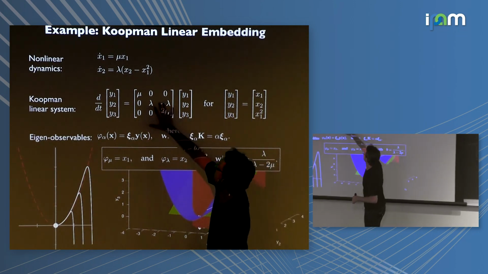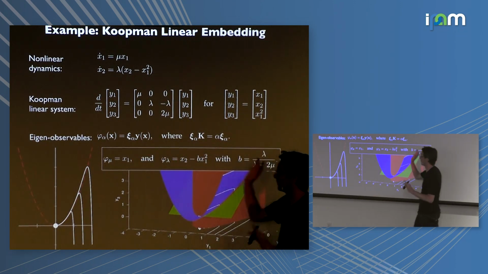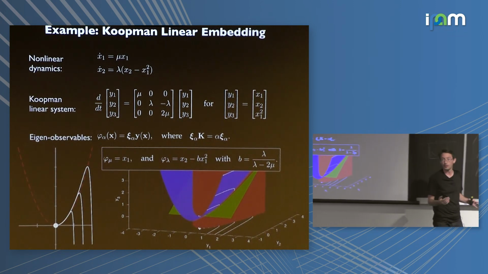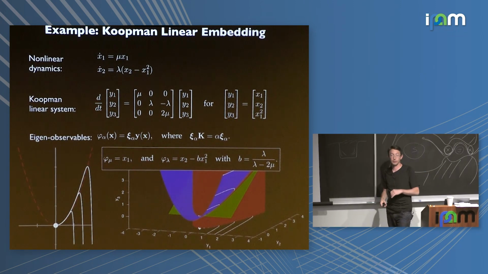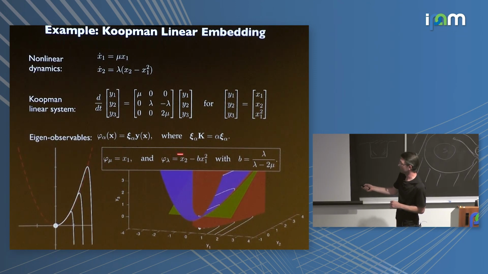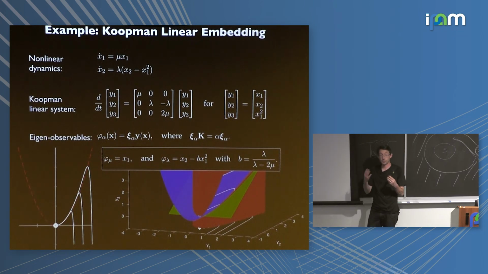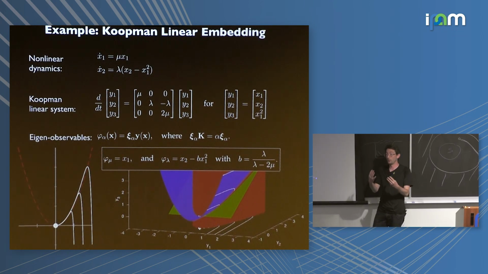And then what you can do is look at the eigenvalues and eigenvectors of this matrix, and you can find a simpler set of eigenfunctions, if you will, that behave linearly if you only measured in those eigenfunction directions. So if I measured this function phi lambda, I would appear in that reference frame that my dynamics were just e to the lambda t. That's really what we're trying to do: find these special functions so that if I viewed the world through those lenses, everything would become linear.